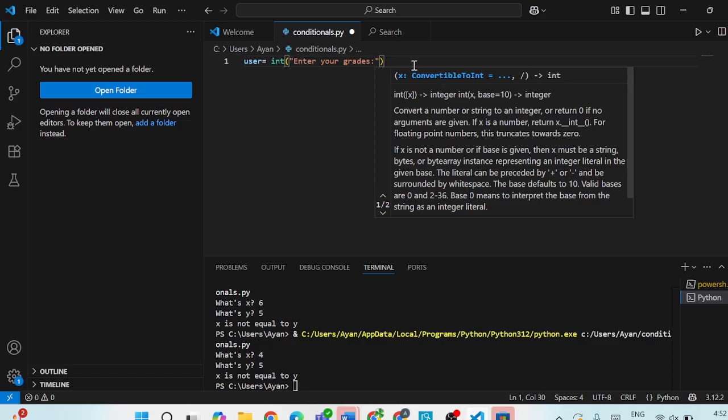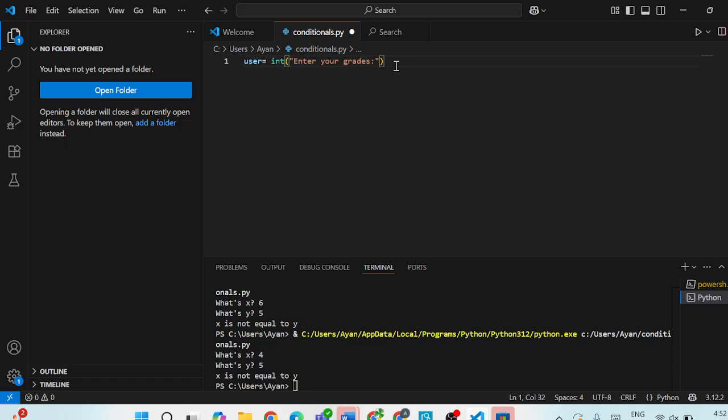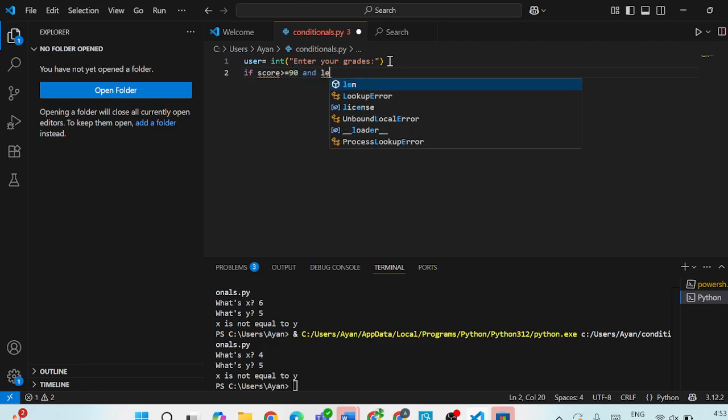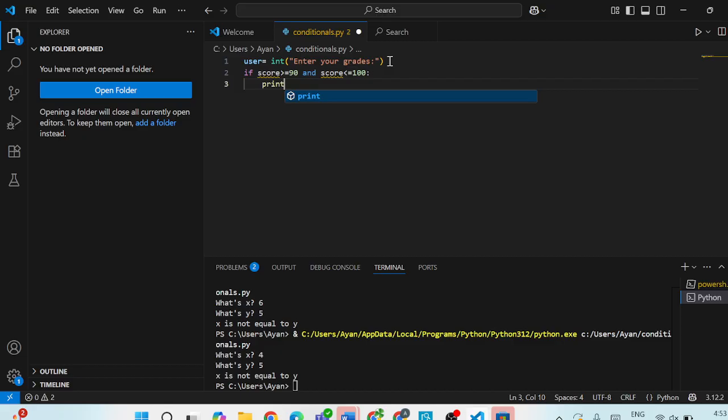If score is greater than or equal to 90 and score is less than or equal to 100, print